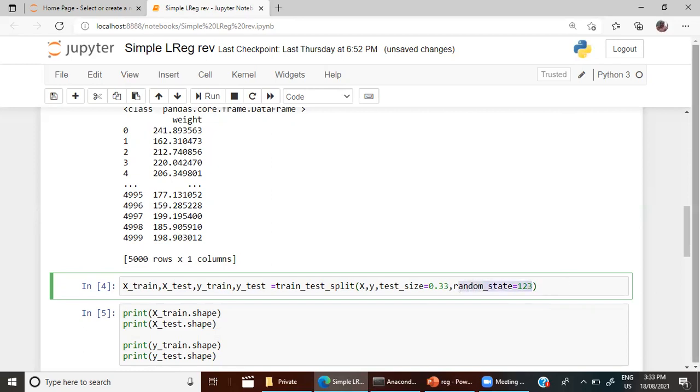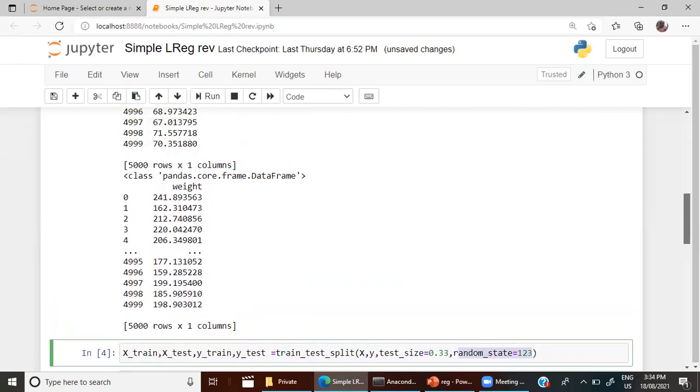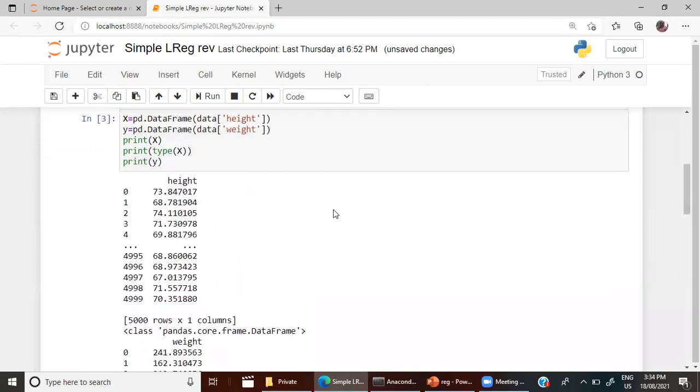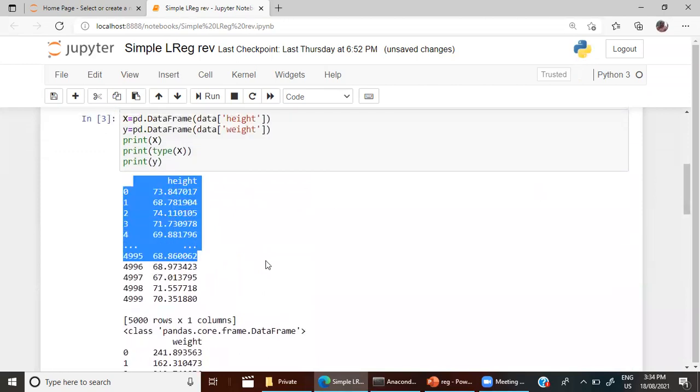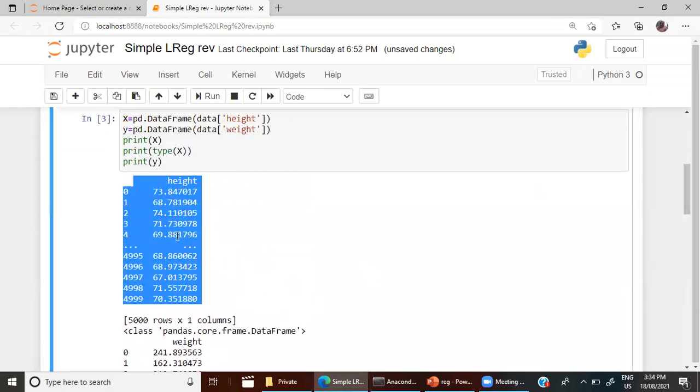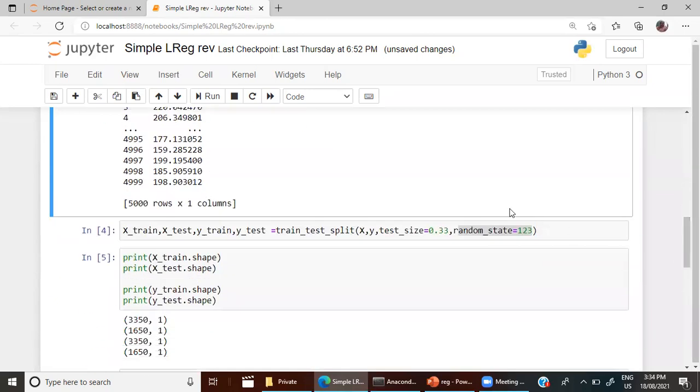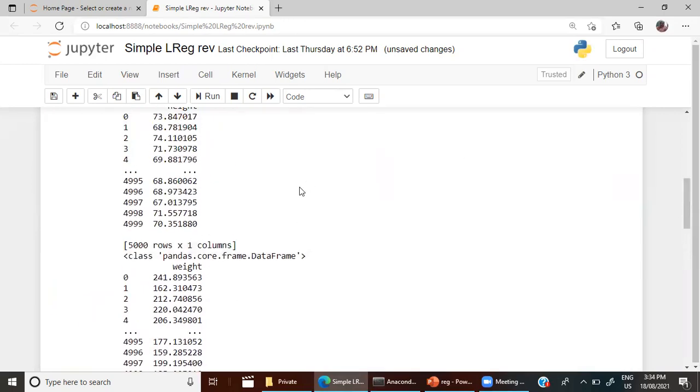So why do we give random state? If you see, the whole 5,000 data will be divided into training and testing. So on what basis will it be divided? For that we give random state. So the data will be divided into training and testing randomly. For example, 2 will be taken for training and 3 will be for testing.